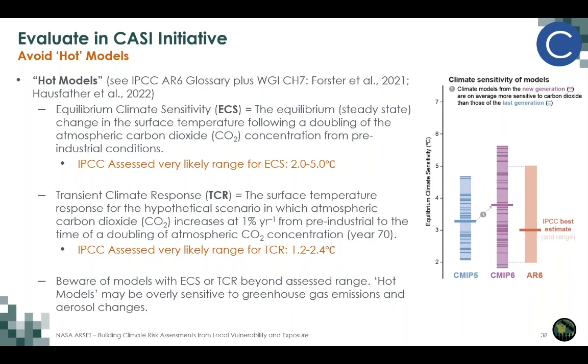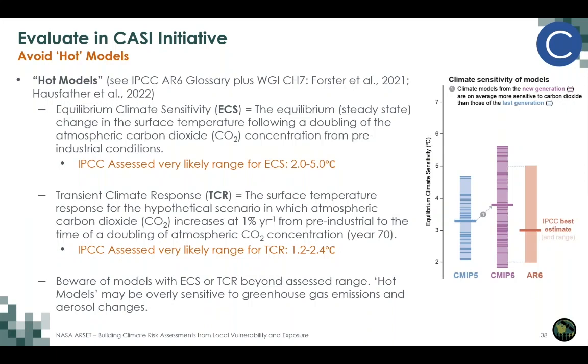But when there are models that have an equilibrium climate sensitivity above 5 degrees, or on the flip side, a few below 2 degrees, which warm up too slowly compared to observations and other constraints that we've seen in our observational system, these models are outside the assessed range of the IPCC, and we therefore are cautious of them in the CASI project. There's a second metric we also look at called the transient climate response, which is more about